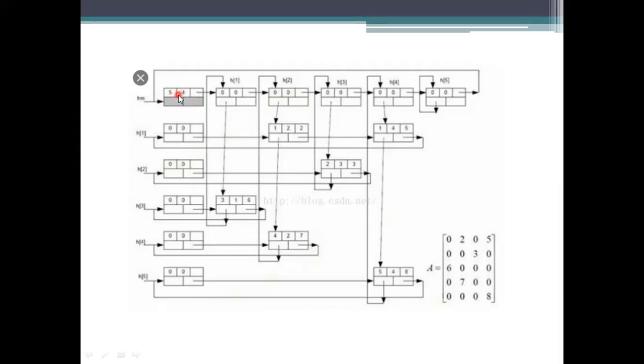How many rows are there? There are 5 rows. How many columns are there? We have 5 columns here. And coming to the next representation, how many elements are there? We need to see 1, 2, 3, 4, 5, 6. How many elements? 6 elements are there. We need to plot that. To get these 6 elements, try to read the values here.